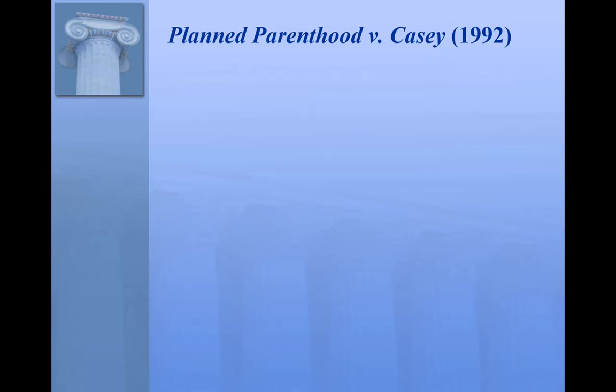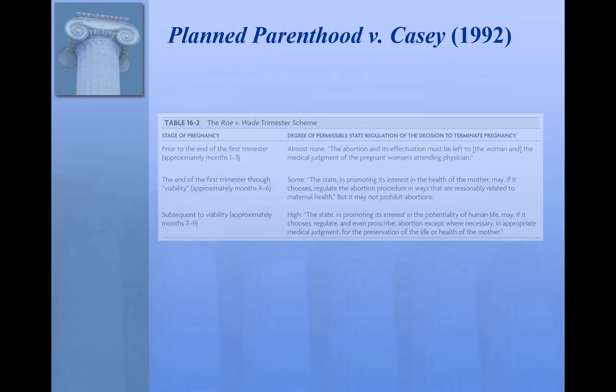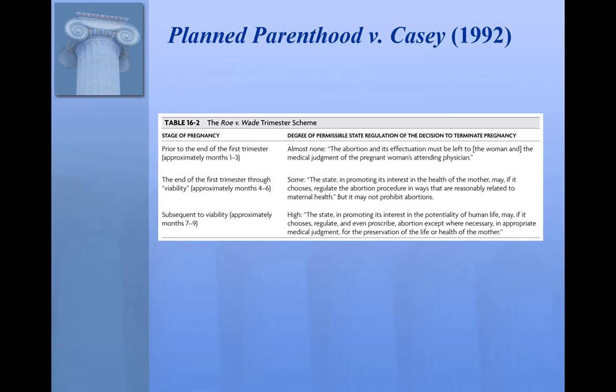And the reason for this is because medical technology had improved to such a degree that the point of viability, let's go back and look here. You'll see the end of the first trimester through viability, approximately months 4 through 6. It had moved back viability, which is defined as the capacity of a child to survive outside the womb. Viability had moved back in time significantly because of advances in medical technology and also in prenatal health care. So basically, Justice O'Connor says in Akron versus Planned Parenthood of Ohio that viability